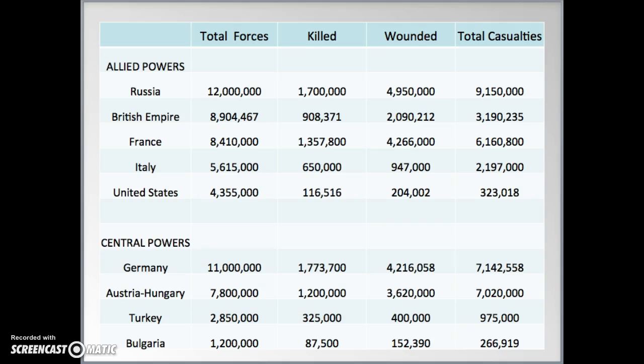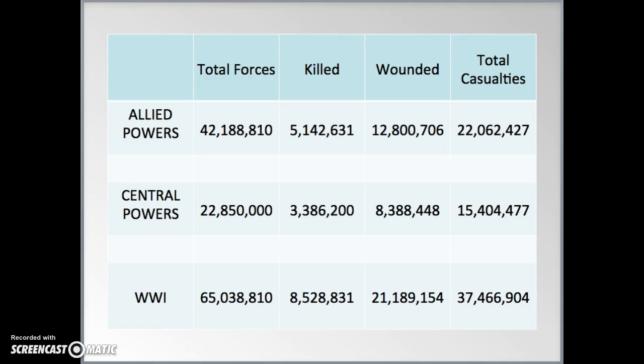Part of the reason we don't get it is because, man, look at these deaths. Look at these killed. Total killed. Whoa, it's a lot, isn't it? Yes, it is a lot. Russia, almost 2 million killed. France, 1.3 million killed. Germany, 1.7 killed. These are the losers, of course. So the winners want to have somebody pay for all this death, all this destruction. The Allies, on total, 5 million killed.